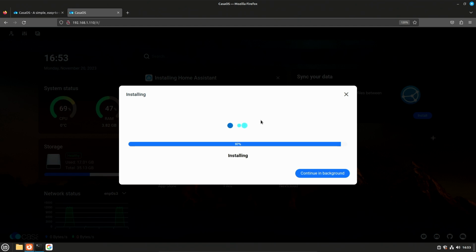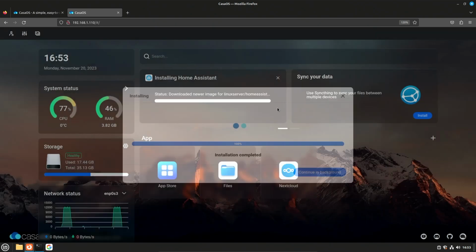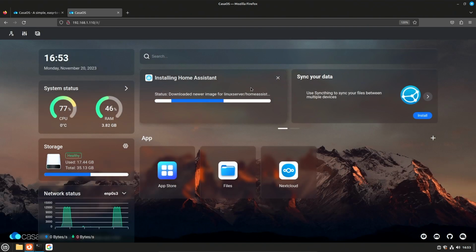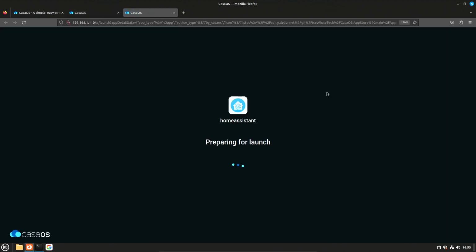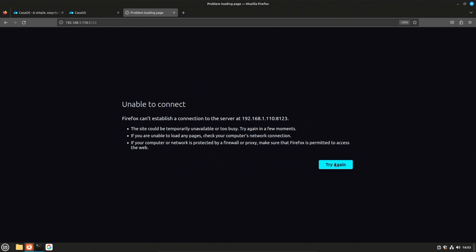All right, we're almost done installing here, so that's good. Here we go. All right, great. So it looks like it's done. And now if I click on it, let's see here. Let me try not to accidentally hit a wrong key this time, because that was my mistake last time, I'm pretty sure. I don't think it was a bug in the app. I think it was me trying to save something and...